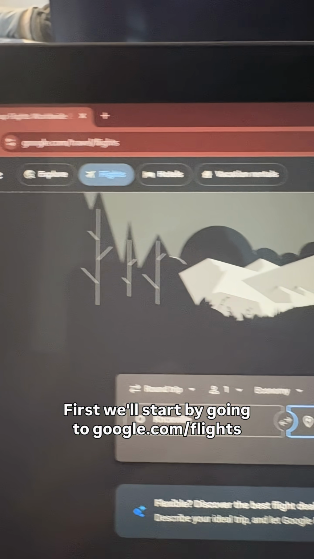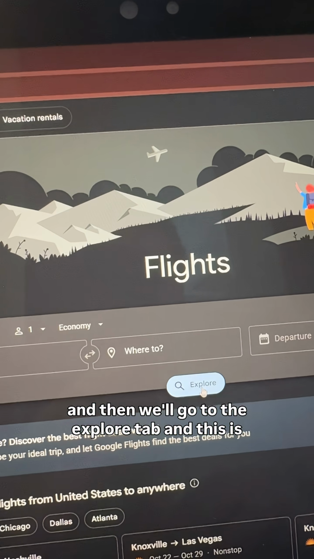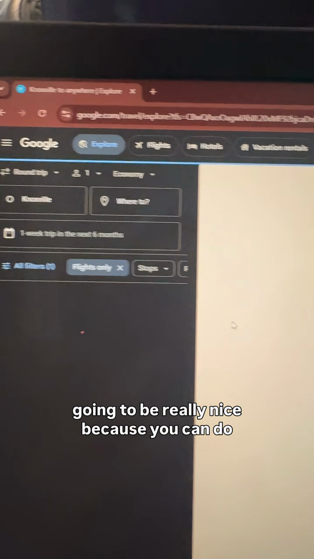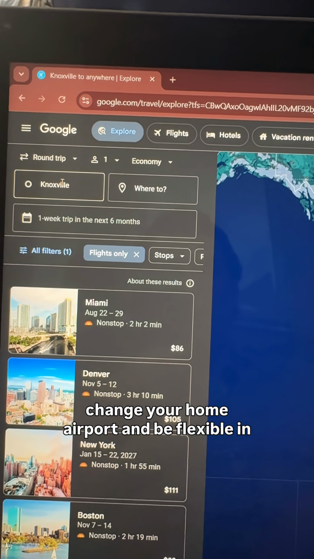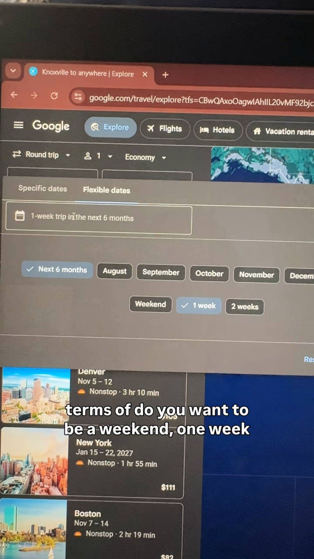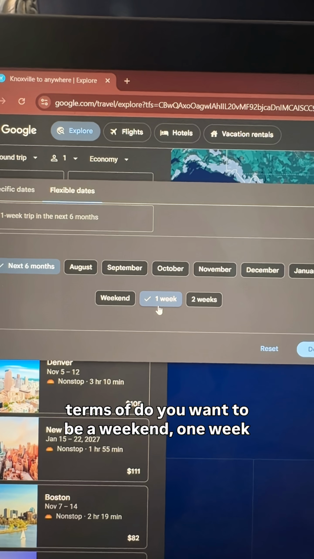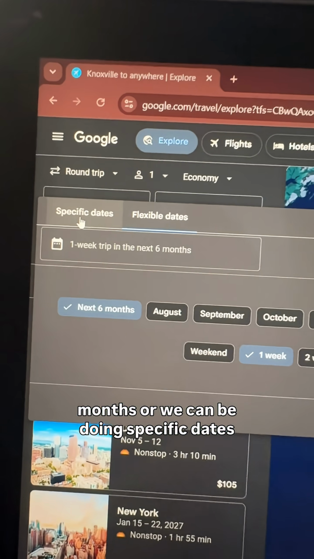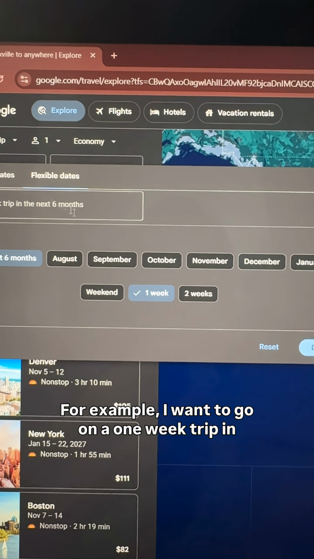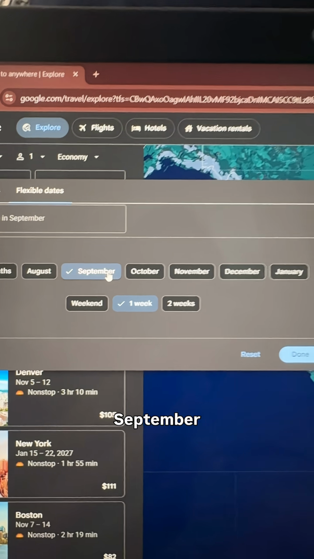First, we'll start by going to google.com/flights, and then we'll go to the Explore tab. And this is going to be really nice because you can do round trip versus one way. You can also change your home airport and be flexible in terms of, do you want it to be a weekend, 1 week at a time, or 2 weeks, anywhere in the next 6 months, or we can be doing specific dates. For example, I want to go on a 1 week trip in September,